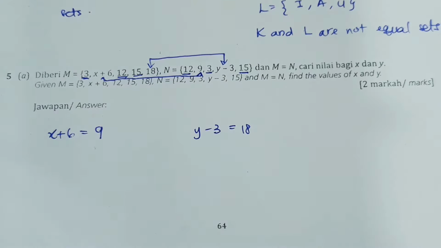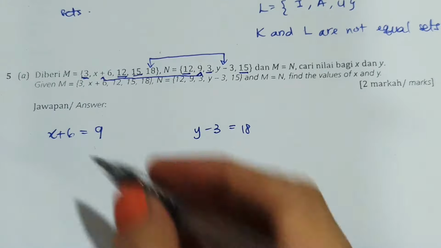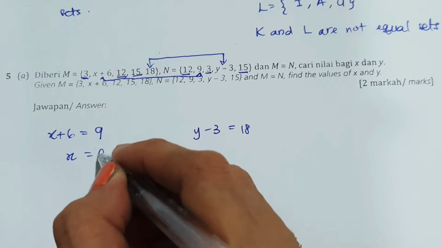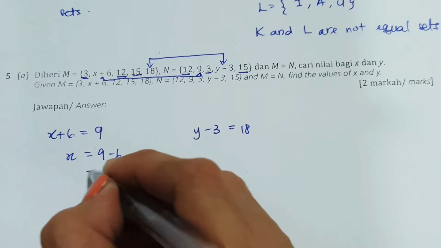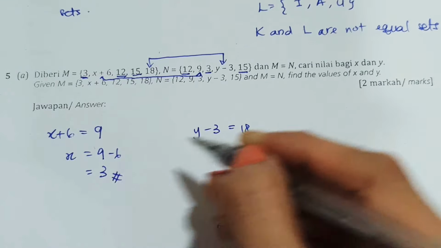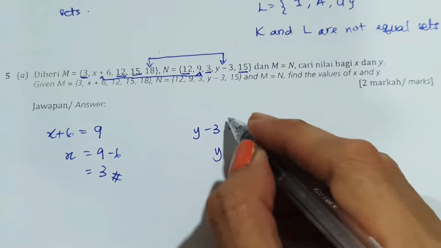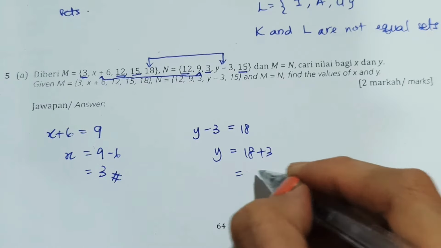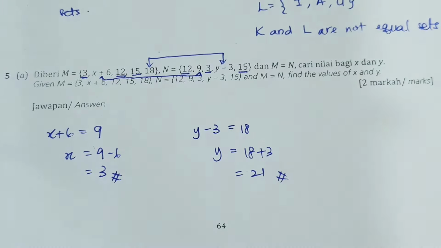Okay? So let's find x. x plus 6 over here, when you move to the other side of the equation, it becomes minus 6. We got 3 for our x. And minus 3 over here, when we move across to the other side, it becomes plus 3. So we have 21. That's it. So we have found our x and y. Now next,